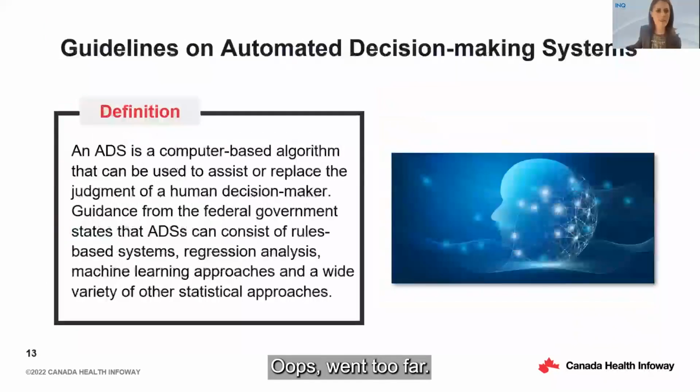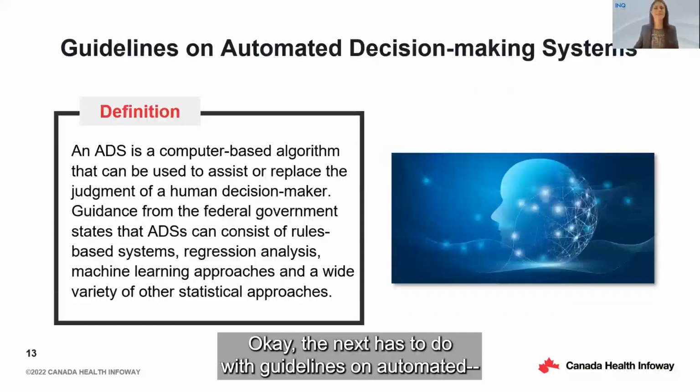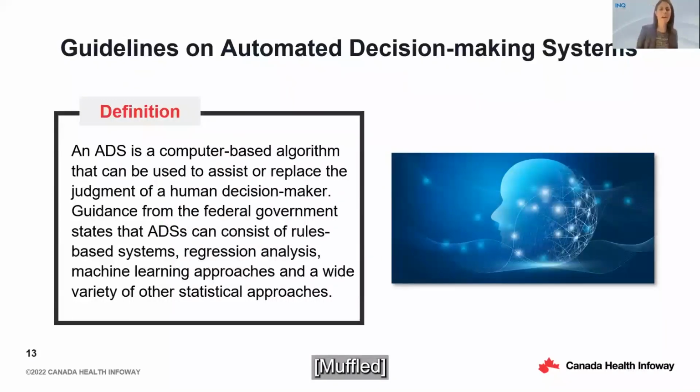Okay, the next has to do with guidelines on automated decision. What we're finding here is that the law is starting to identify and define what